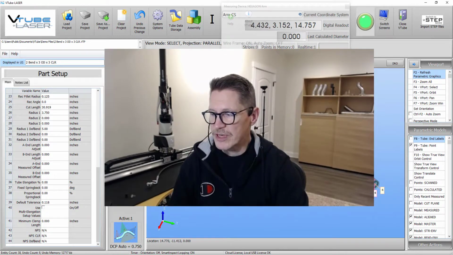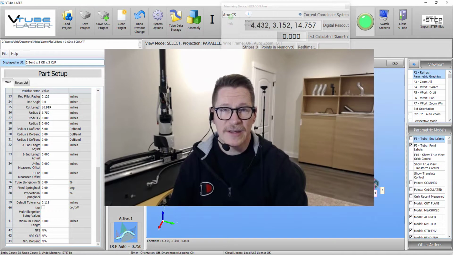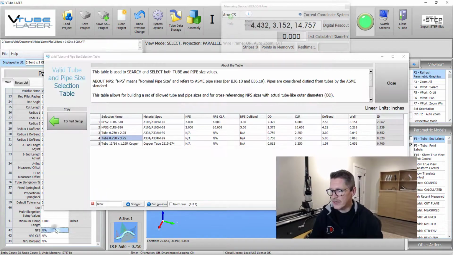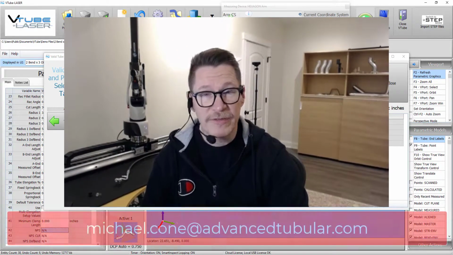If you decide that you want to use NPS as well, then you can, of course, furnish those values inside that configuration table inside system options. But once you get outside here, you just have access to this table without it being configurable, which is by design. If you have any questions about this new table or this new feature, please feel free to email me